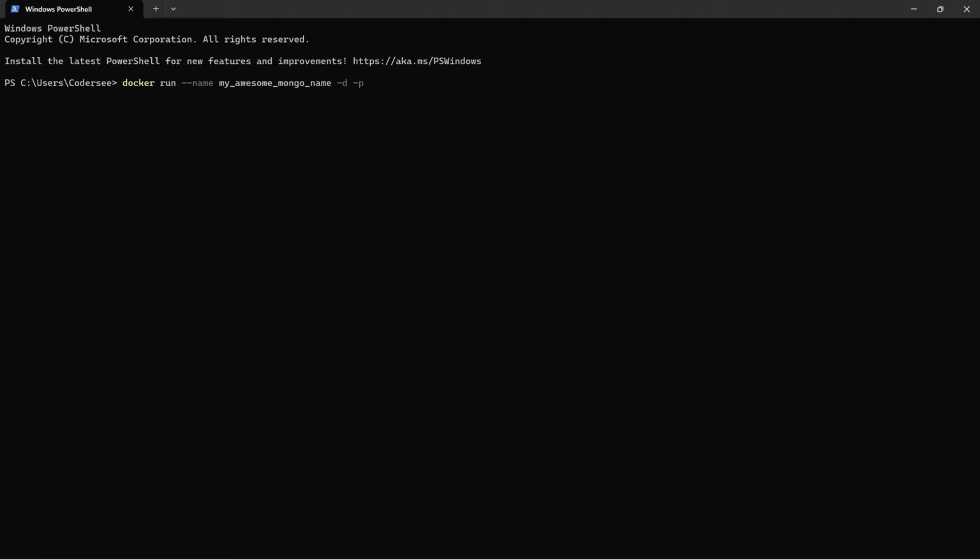-p allows me to create a binding between the port of the host machine, 27017, and 27017, which is the port of the container, and this is the default port on which MongoDB is running. Lastly, we must set the name of the image that we will be using. At the moment of recording, this is